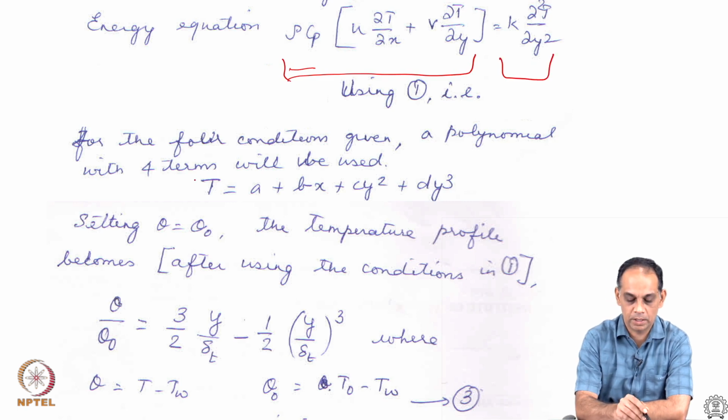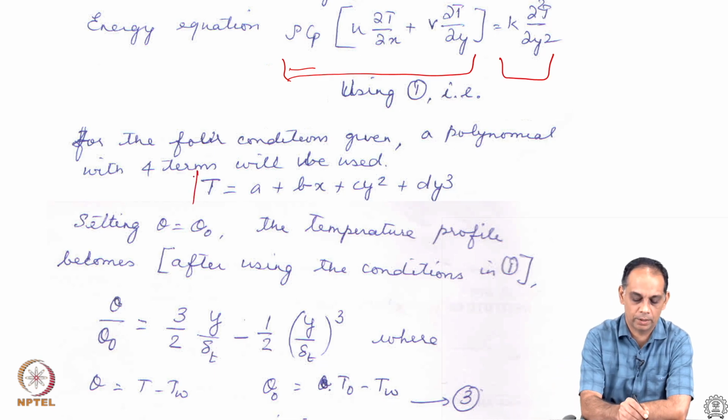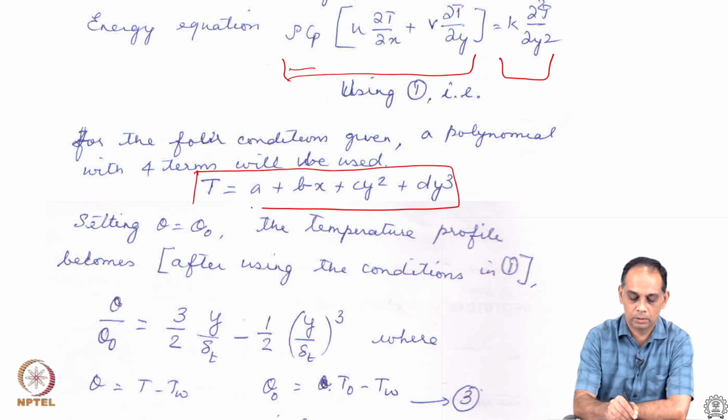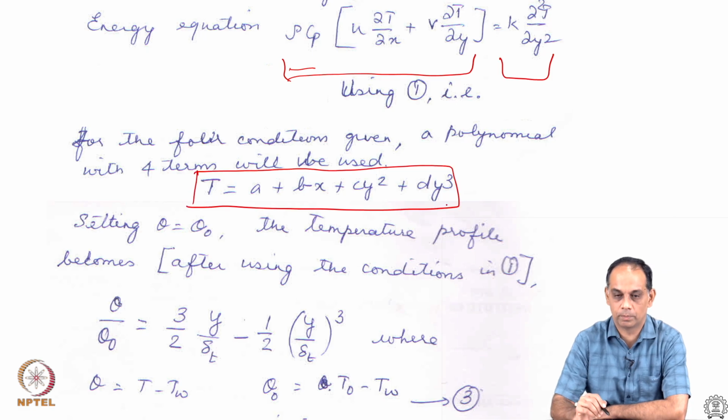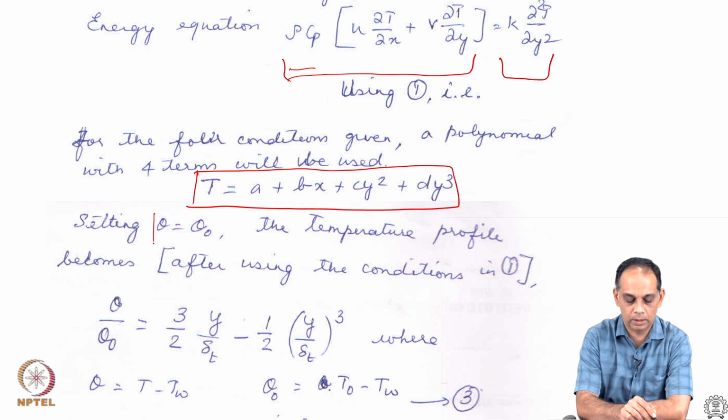And as you can see, there are 4 terms or 4 conditions that we have. So, we can go ahead and use a third degree polynomial of this form, a plus bx plus cy square plus dy cube. A, B, C, D are constants as we had discussed before, but we are going to set theta equal to,